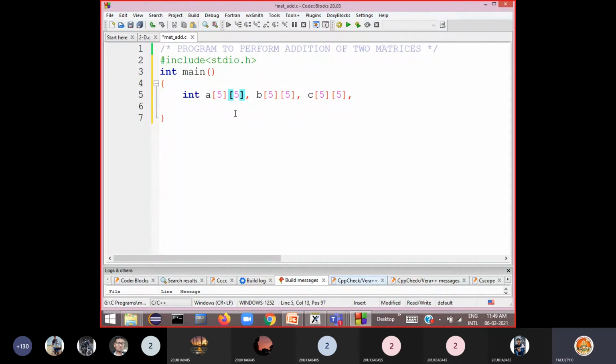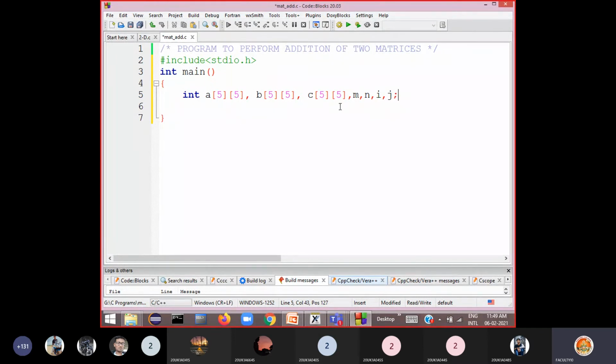A is the first matrix. A will be used to store the first matrix. Then B indicates the second matrix and C indicates the resultant matrix. Similarly we require two for loops variables I and J to read values into the matrix, and similarly you declare the number of actual rows and columns. So two more variables we require, M and N. So these are the variables we required here.